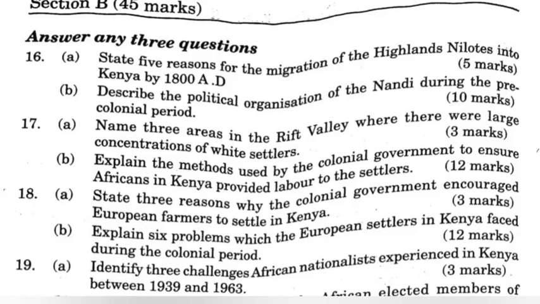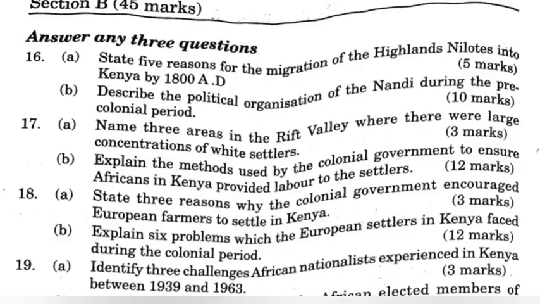5. To ensure that the Africans provided labor to the Europeans, the colonial authorities made it mandatory for the Africans to pay taxes. This forced Africans to work in European farms in order to earn the money. 6. The colonial authorities trained a few Africans for clerical jobs in the civil service. Those trained for such jobs felt privileged and so went to work.